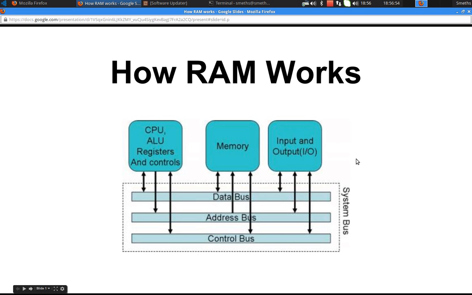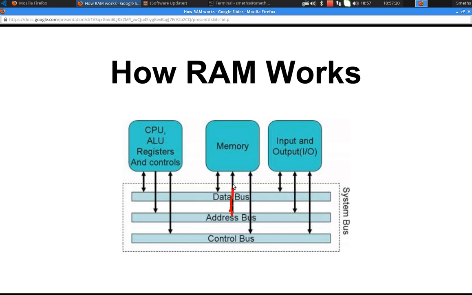This is the third in my series of videos about how a computer works. The first one spoke about how registers work, the next one spoke about the bus, how data gets to and from registers. This one's going to focus on RAM or memory. In particular, how we can send an address to RAM,